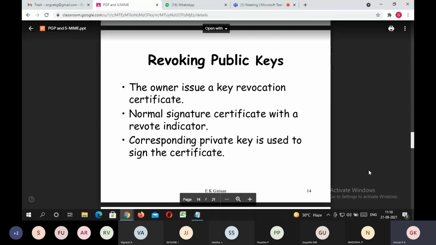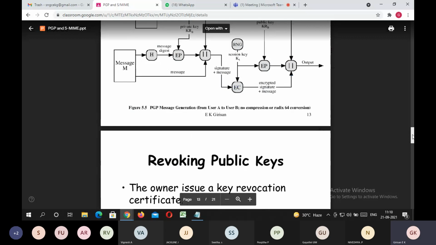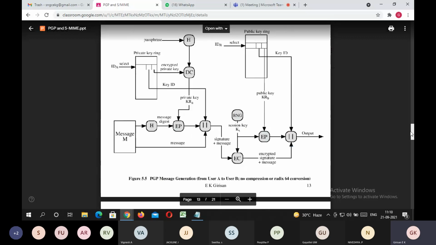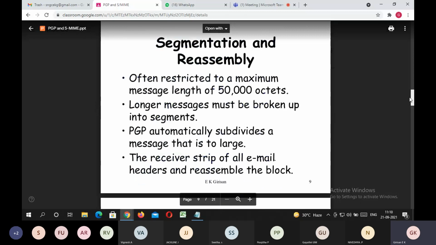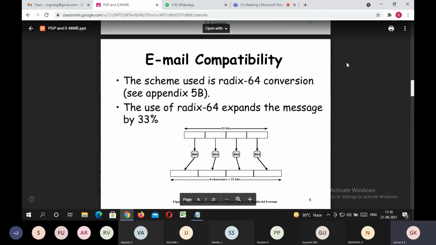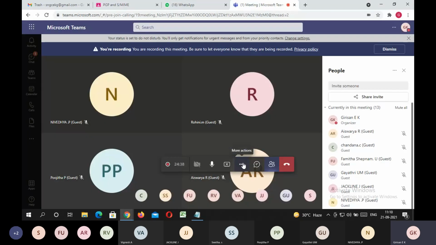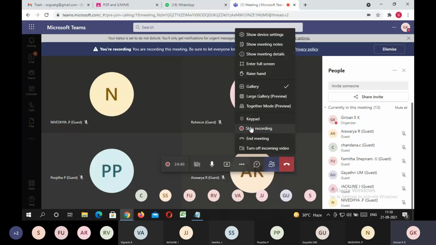So the owner will revoke the public key, so that hence after this we cannot send messages using PGP, because the key has already been taken back. So this is about the PGP way of providing secure